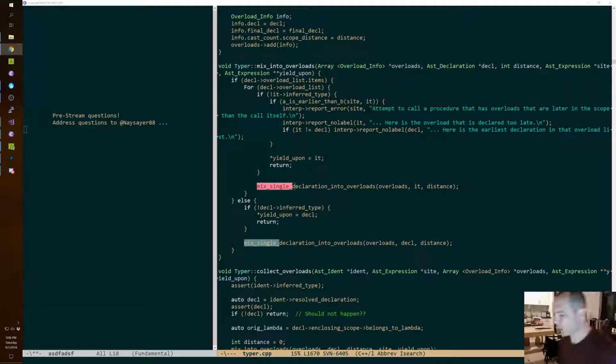I think that's not actually happening. I think when I export overloads to a parent scope right now, I just export what I call the overload head, which is the particular declaration that's in the scope that contains the pointer to the other overloads. I think. Let's take a look.